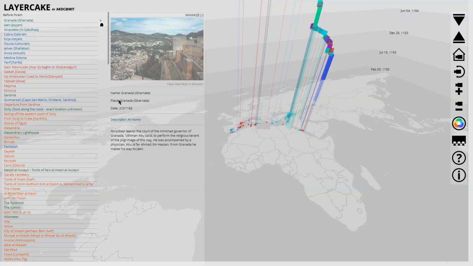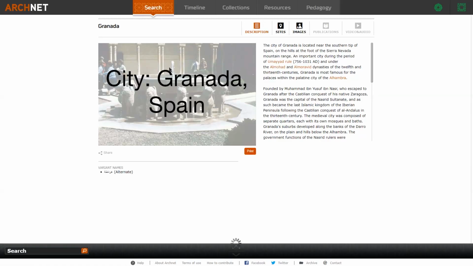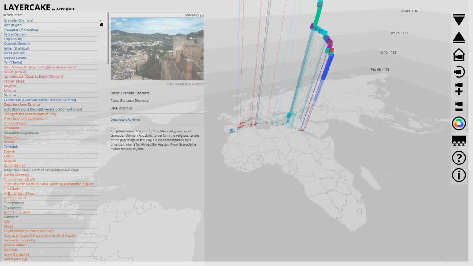Each object may additionally contain a place name, a narrative, an image that links to an external source, and a link to a Mirador viewer that can read IIIF manifests. You can navigate to an external source that you specify by clicking on an image. And likewise, you can navigate to a Mirador viewer for the IIIF manifest by clicking on the link below.